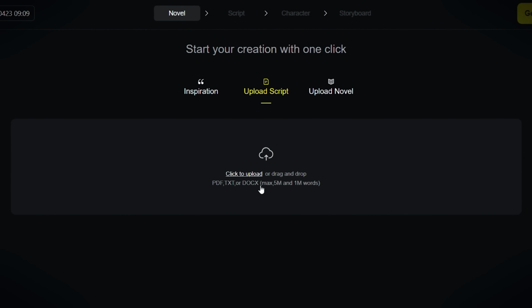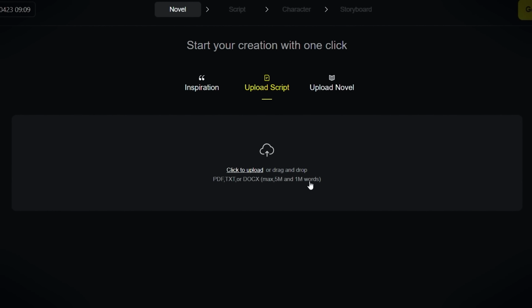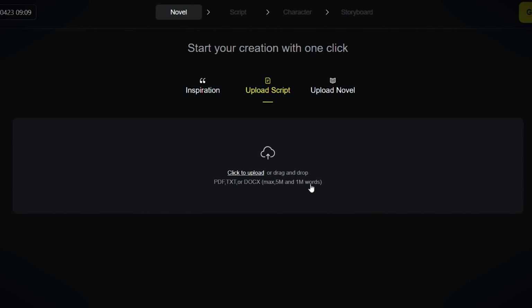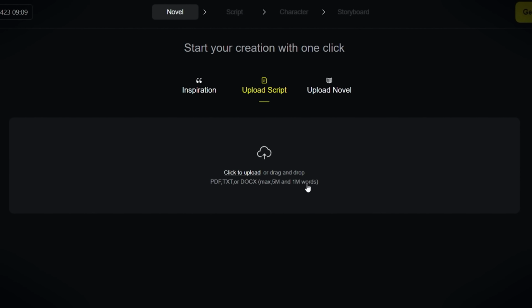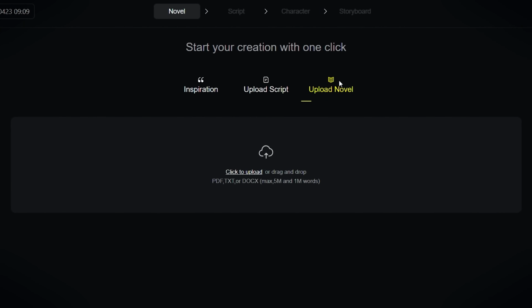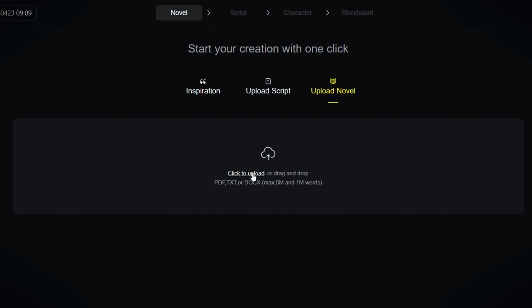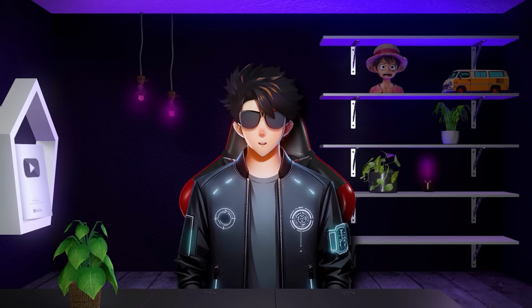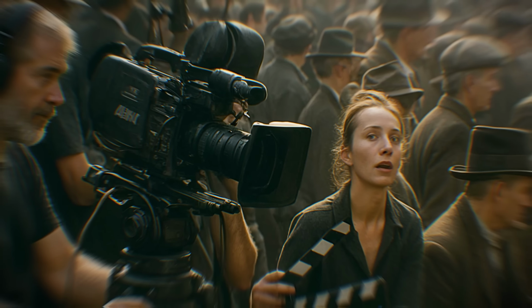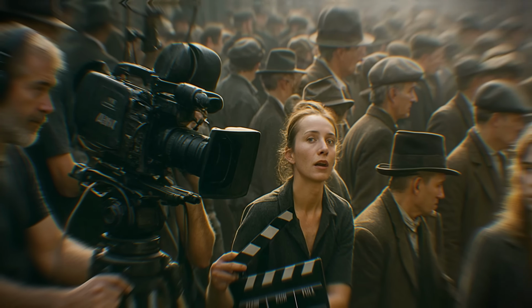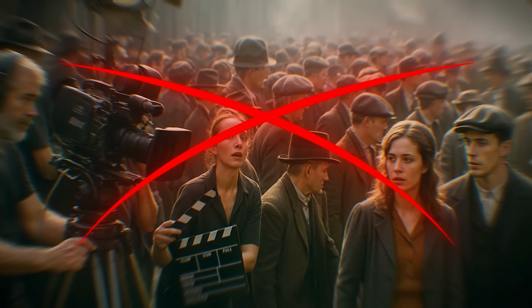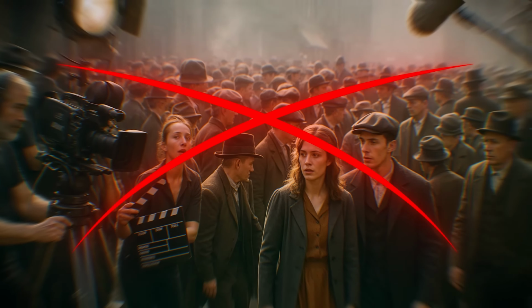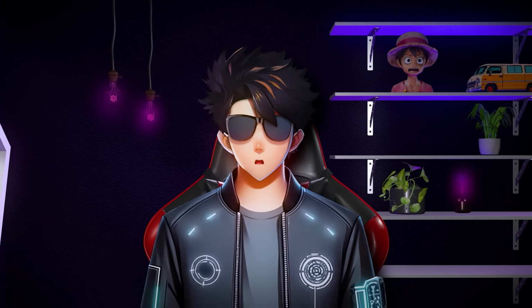And if you don't have any script or any idea and still want to feel like a hero, then you can upload the complete novel in the novel section. Whatever novel you want to make a web series on, you can upload it here without any problem. I mean, just think about it. Earlier, to make a film from a novel, crores of rupees were spent on everything from director to actors and the entire production. But now you people can do this work sitting at home only with the help of AI. That too by making yourself a hero. I mean, I haven't seen anything crazier than this yet, honestly.